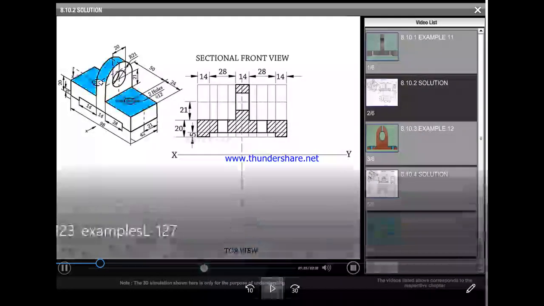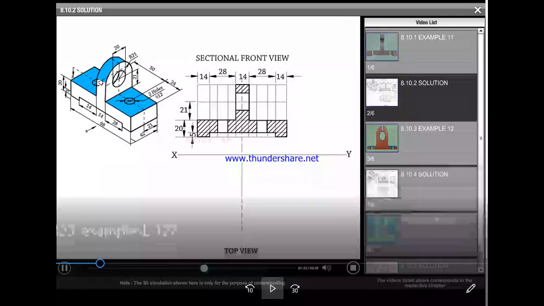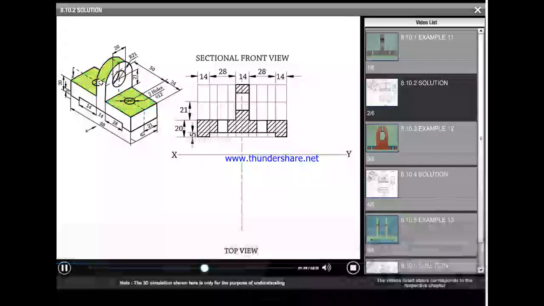Draw the projectors and complete the top view.